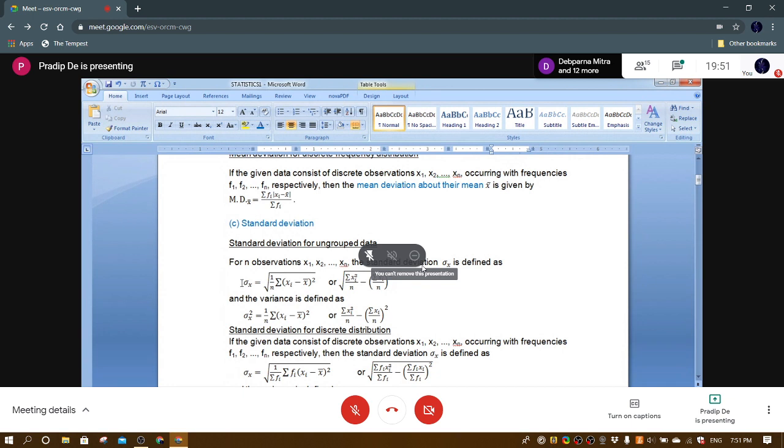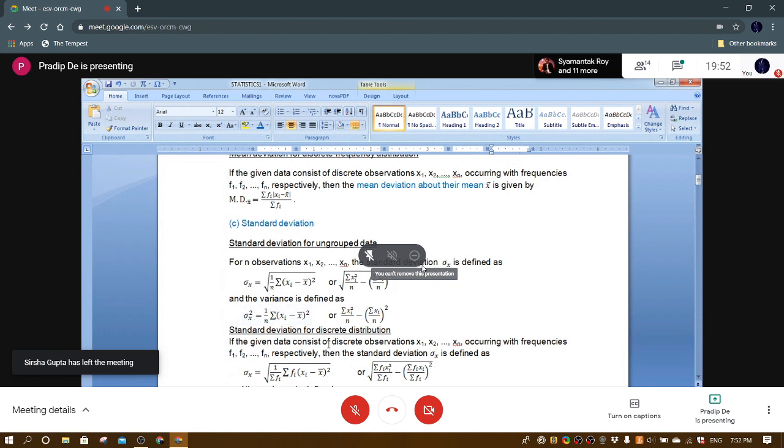The symbol is sigma. X denotes the variate that is used, sigma x. So when we square it, the square root is removed. Sigma square is the variance. So basically variance is the square of the standard deviation. All right. If the data is given as a discrete distribution with frequencies,